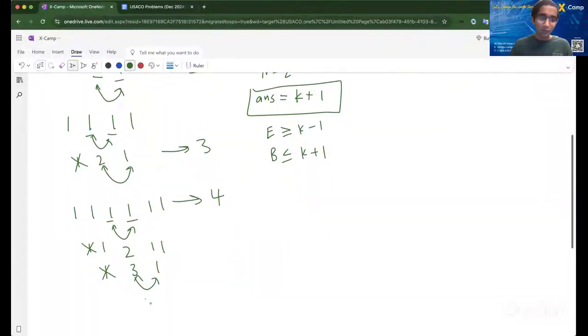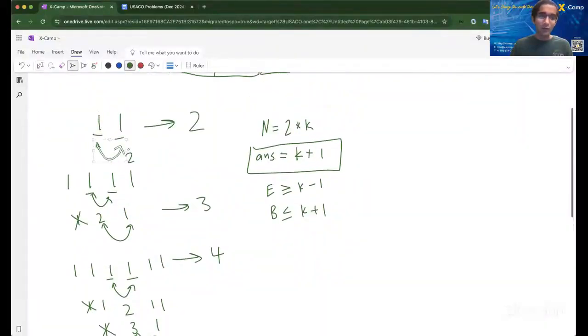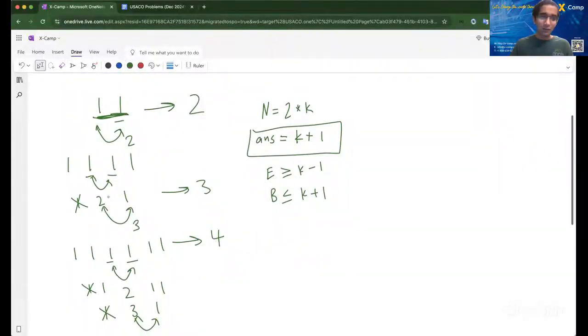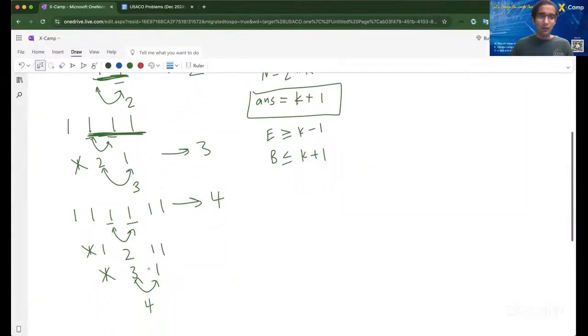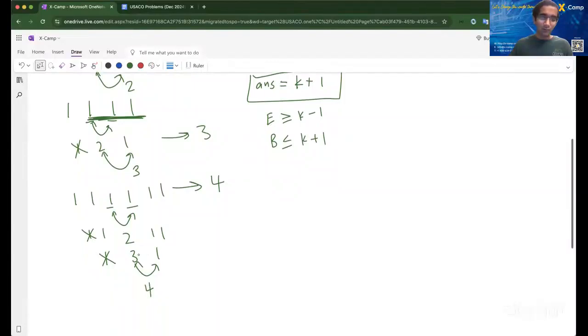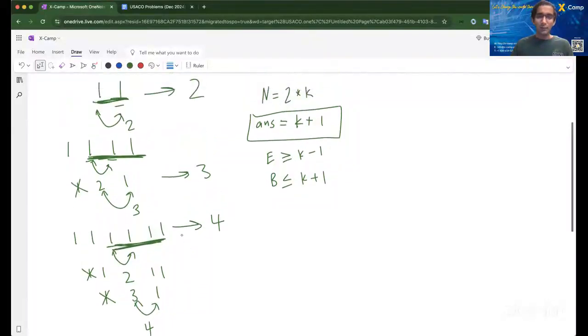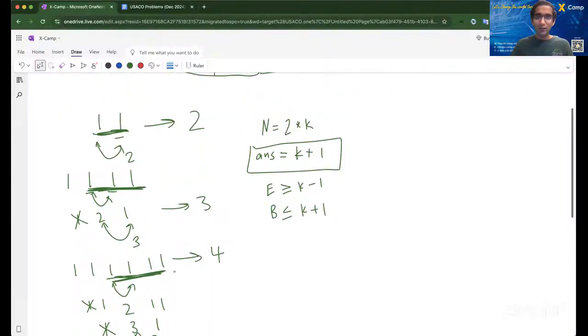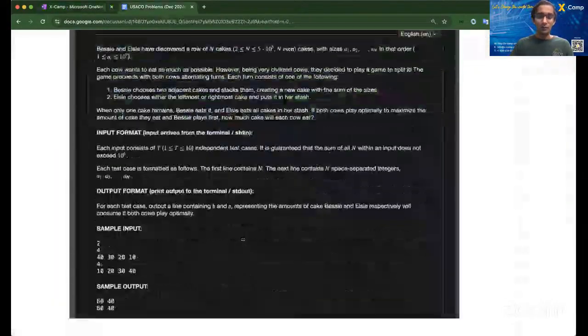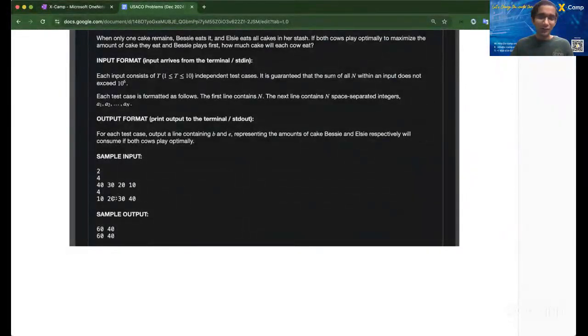So we can look at, in this case, where this 2 came from. It came from the entire array. And then where did this 3 come from? It came from this array here. And then where did this 4 come from? You can keep tracing back. There's 3, 1, and then there's 2, 1, 1, and then there's 1, 1, 1, 1. So it came from here, right? So in these cases, the answer came from some kind of subarray, right? And then if you look at these cases,